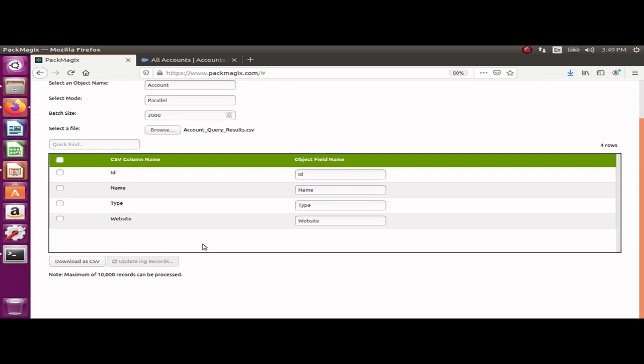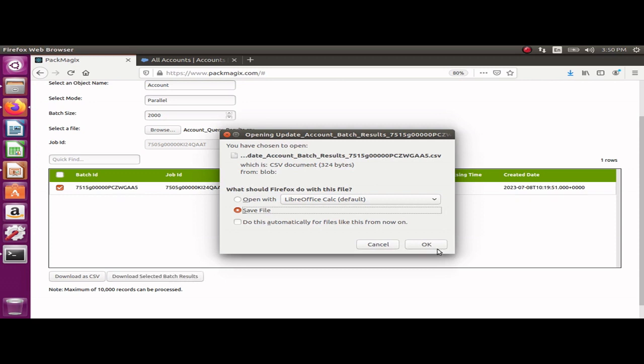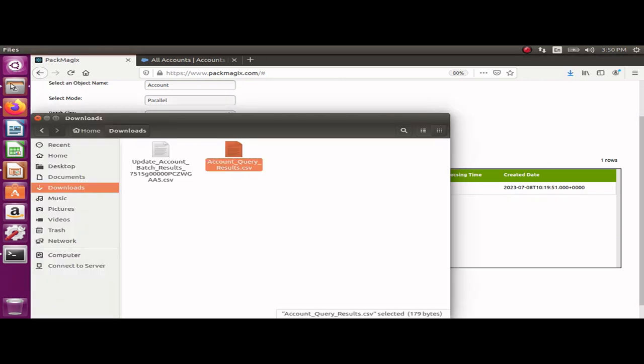So it's going to take a minute. It's going to create a batch of records in the backend, and you can see the batch job ID here, which you can refer to in your Salesforce org if you want to. So I can see now the batch results here. There was only one batch created, records processed are 2, which were successfully processed, and I can select this batch of records and click on download selected batch results. So it will download the results, and you can save the results. If you want to open the results, you can just go to the downloads and see. So these are the update account batch results,